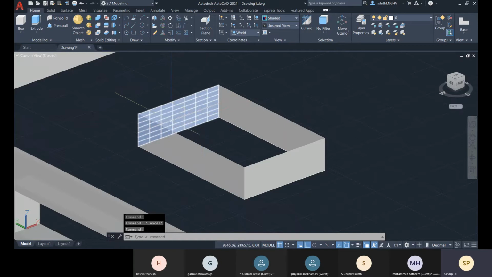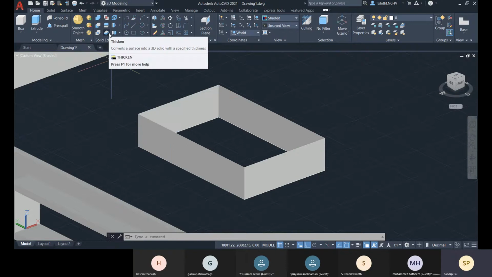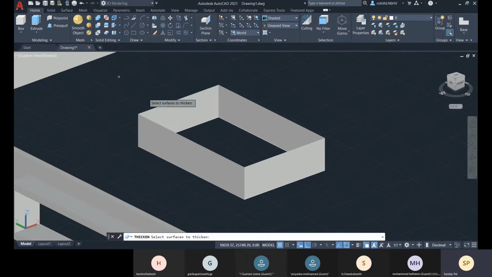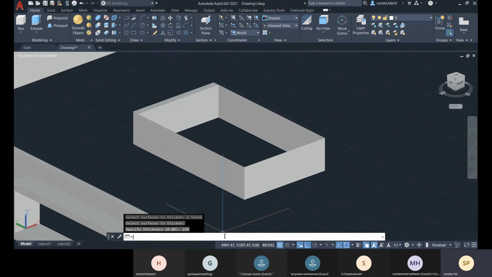Now after this also you can convert this. You see this is the surface extrusion. After this also you can provide it the thickness. So for that we have this thicken option. You can select this, enter, give the thickness 250, enter, and there you can see this is right now the 3D solid.